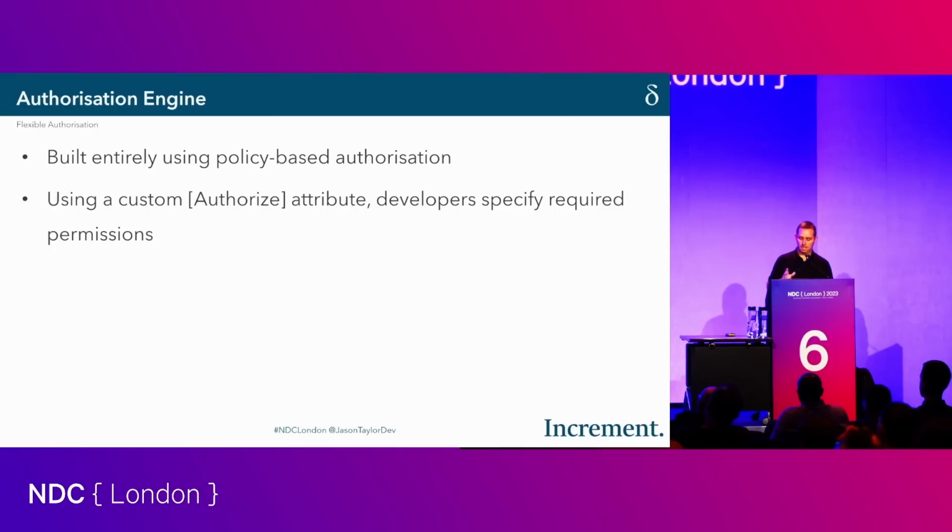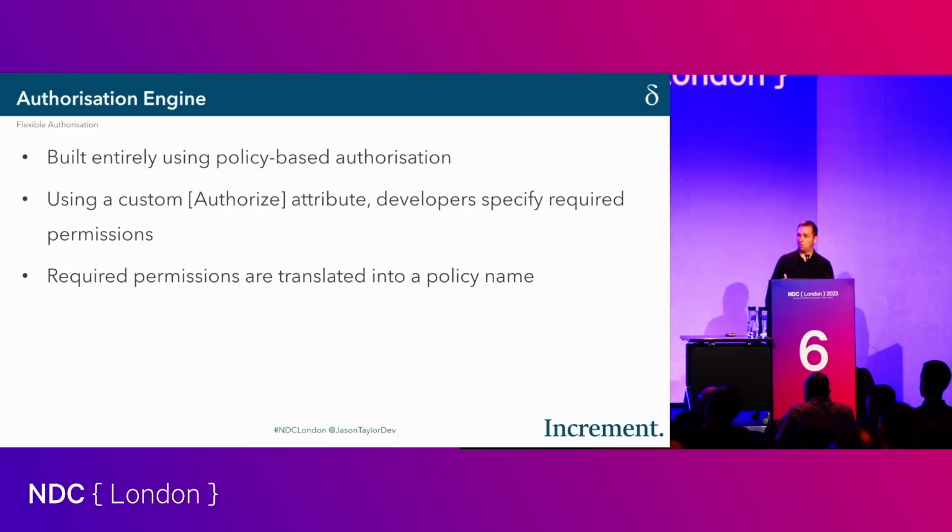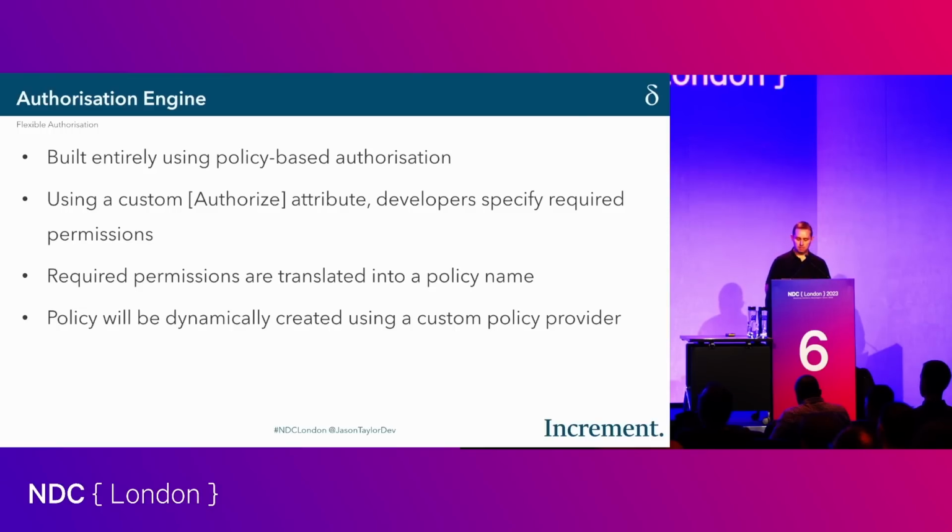So we can use a custom authorize attribute or other ways to specify required permissions, and those required permissions are then translated into a policy name. So we're generating a policy name. It's that policy name that will be used by a custom policy provider to create the policy for us. Now the policy will be dynamically created using a custom policy provider,